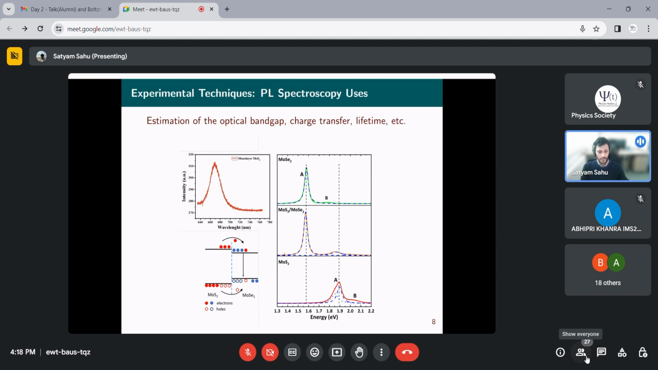Also, if you make heterostructures, which I'll show you in the next few slides, you can understand how charge transfer is taking place from one material to another. You can also study the lifetime, that is, for how long the carriers stay in the conduction band before coming back to the valence band. I'll be discussing the charge transfer once again, with this particular right hand side figure, towards the end of my presentation, where I will show what we did with the flakes. For the time being, I'll be discussing the next technique,